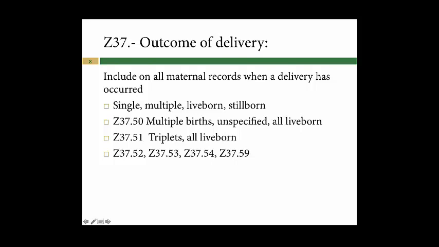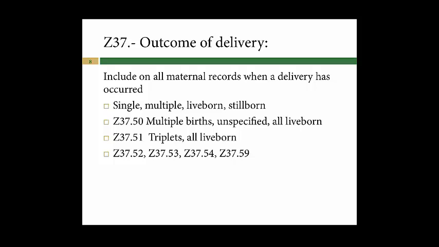Z37 is outcome of delivery, and we're going to include this on all maternal records when a delivery has occurred. So what is it? A single live born? Were there multiple births? Were any of them stillborn? There are a lot of codes in this Z37 category of code, and that's where you find the outcome of